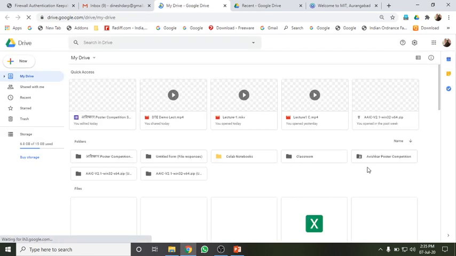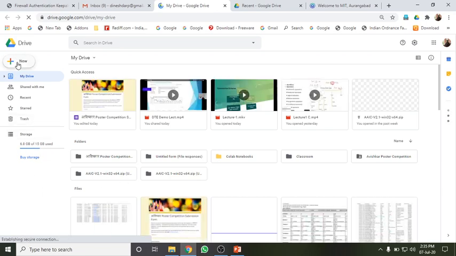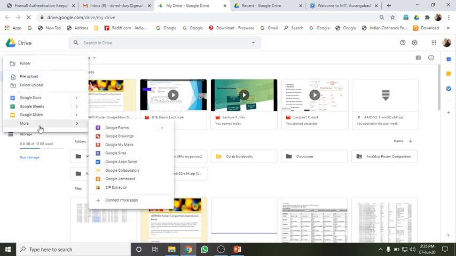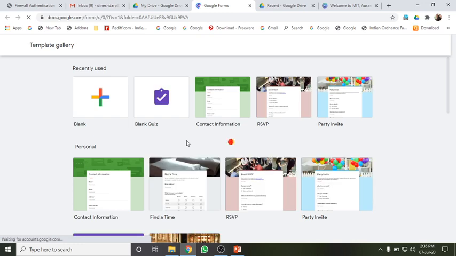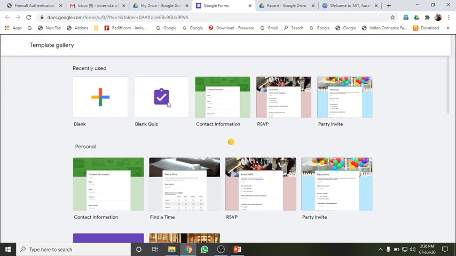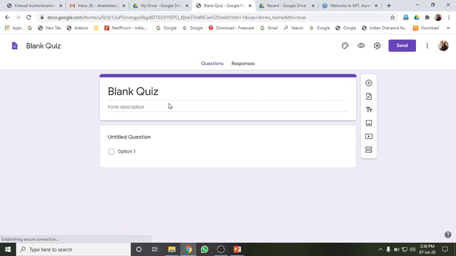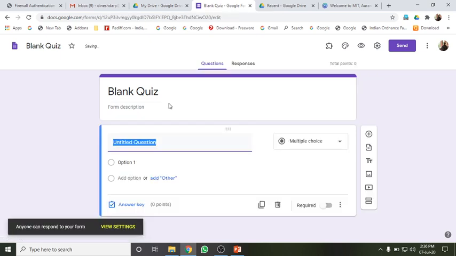After this Google Drive gets open, I need to click on this new or this plus sign. When I click on this, I can go for the option More, Google Forms, this arrow and From a template. Google Forms provides you so many different templates. Out of this, I can go for this blank quiz, since we are giving students an assignment in which they are supposed to answer questions. So this takes the form of a quiz. Now I click on this and a blank quiz is ready for you.